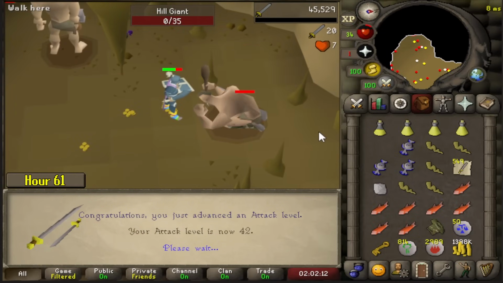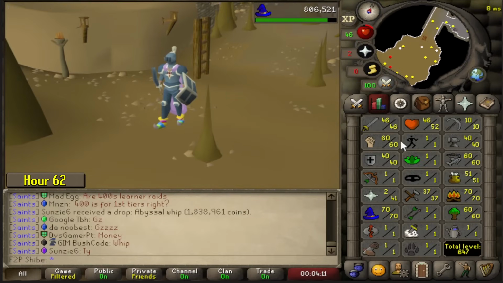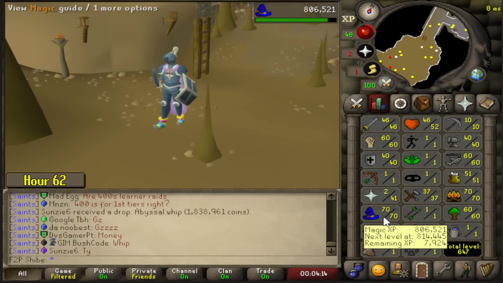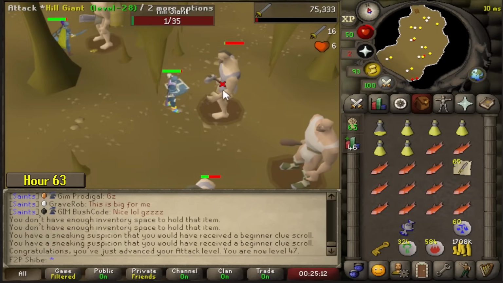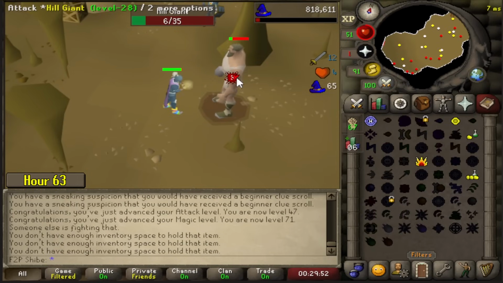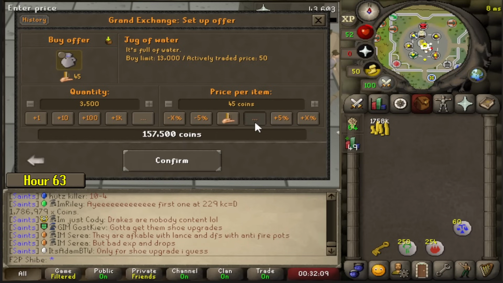By hour 59, I bought even more alks and camped Hill Giants for some more hours, getting myself a bunch more level ups, drops, and log slots through some random events. Hour 63 and I had a good look at the cash stack and my stats to decide what to work on next. I figured I could get some very quick cooking levels through wines, which, yeah, if you didn't know,